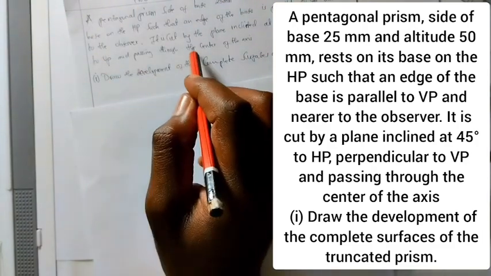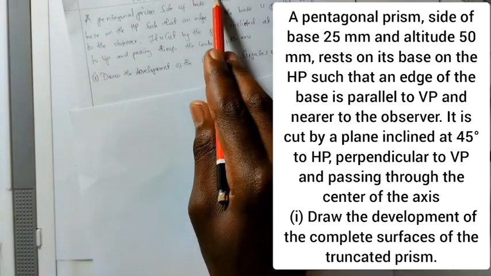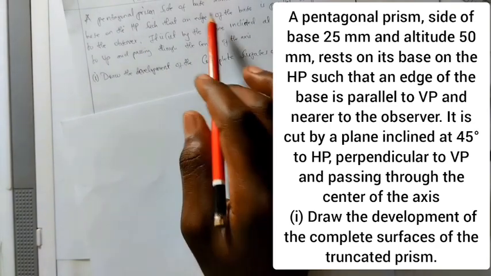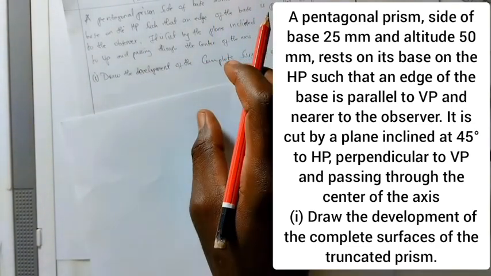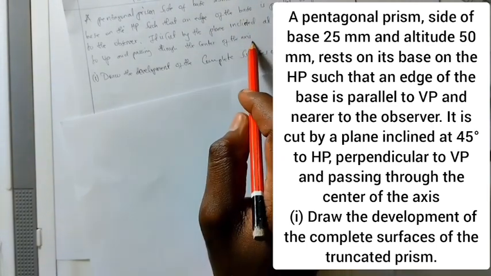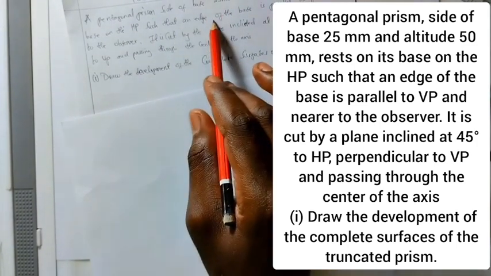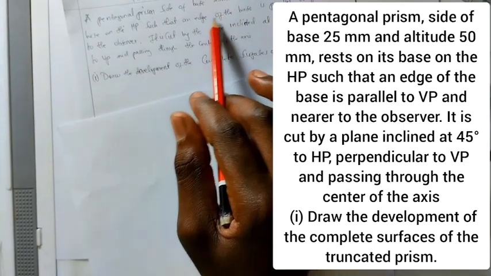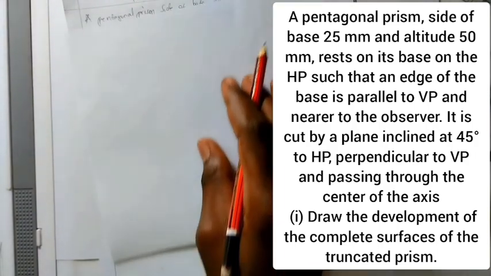First, let us draw the rough diagrams according to the instructions provided in this question. We have the pentagonal prism as the object, with a base of 25 and an altitude of 50, and the cutting plane inclined at this angle and passing through the center of the axis. And for the base, we are given the condition that an edge of the base of the pentagon is parallel to the VP and near to the observer. It means we are going to draw